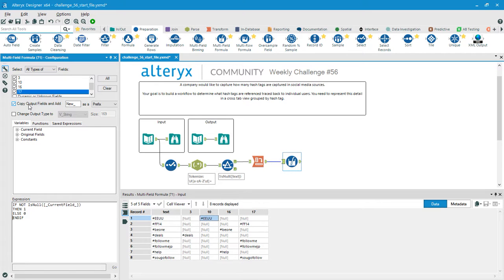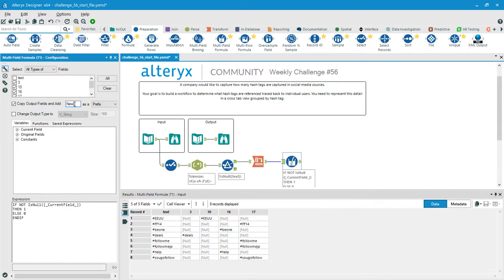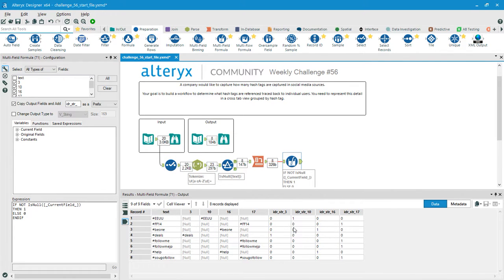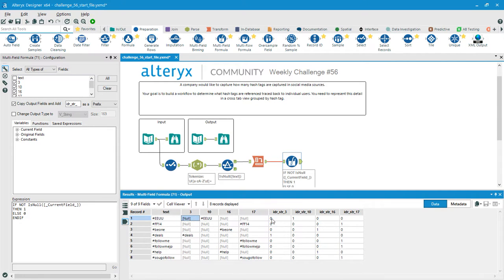And the second thing that we can do here is, if we want to format this with ID string underscore in front of it, we can just copy this out to new fields called ID_STR_ and we're going to add that as the prefix. And now over here on the right, you see it's just copied this. So for ID string 3, there wasn't anything, or EEUU wasn't there, but in ID string 10, it was. So now we've effectively carried out the formula, and we've renamed the